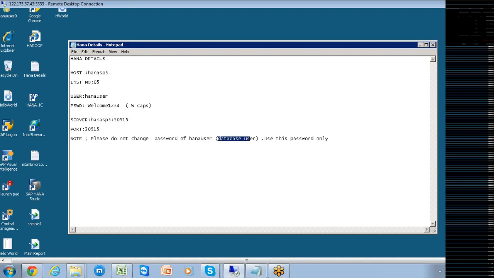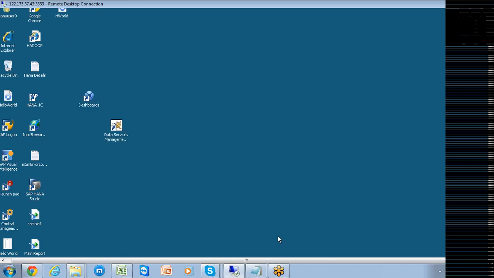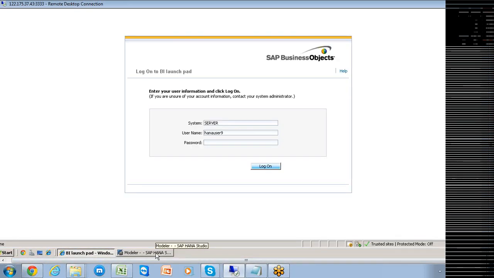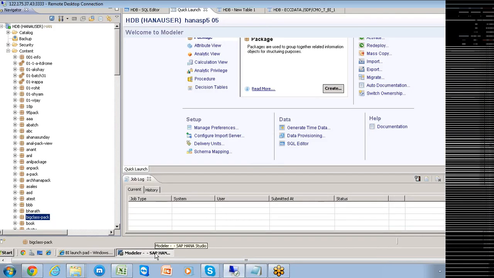Is it a database user? The user ID you have been given is for entering into this particular client system. That is different. Whoever is logging in, either LY, did you ever get a chance to log in to this particular system? LY is there or left? Okay. We are all treated as HANA users only here.